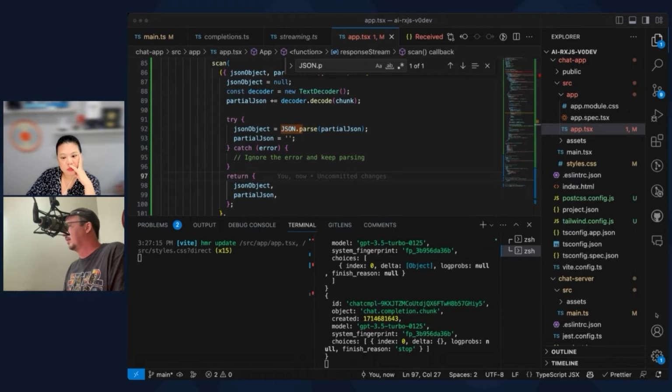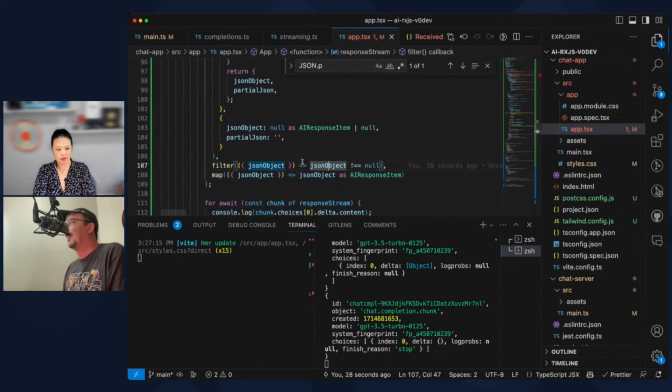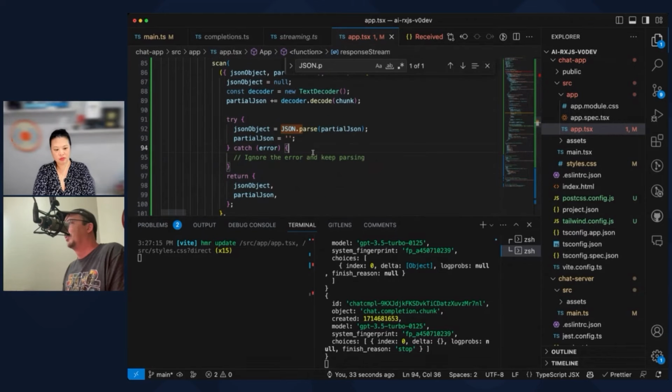So I ran this in the client. Let me clear this stuff, refresh the page. So I'm not logging anything yet. Why am I not logging anything? Never came to this. So we never, ever got a JSON object back is what I'm seeing right now. So it never successfully parsed it. Interesting. What do I do?